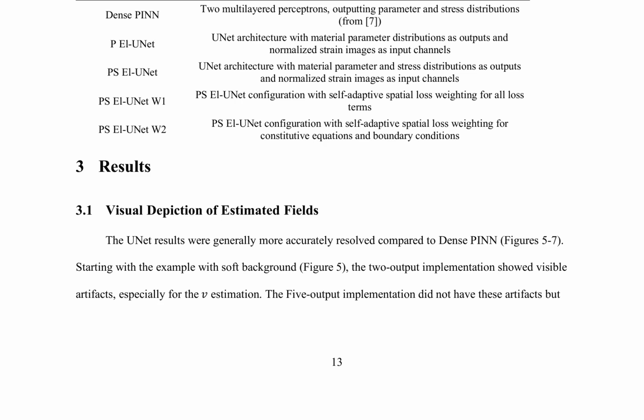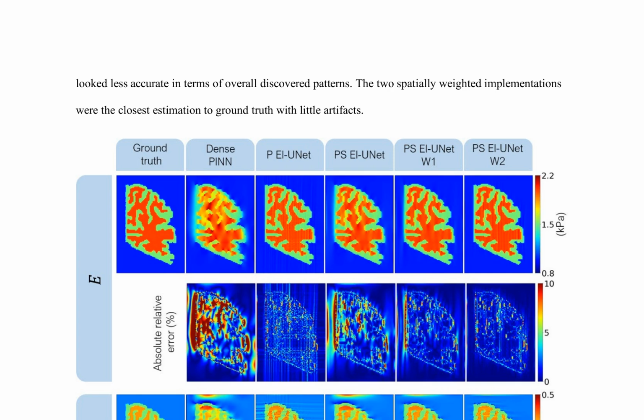The study investigated 4 physics-informed inversion models, described in Table 2: dense PINN, El-UNet, and 2 spatially weighted variants of El-UNet, denoted as W1 and W2. The UNet architectures were found to generally provide more accurately resolved estimates compared to dense PINN. The visual depiction of estimated fields revealed that the 2 output implementation of dense PINN exhibited visible artifacts, especially for the new estimation. In contrast, the 5 output implementation did not show these artifacts but appeared less accurate in terms